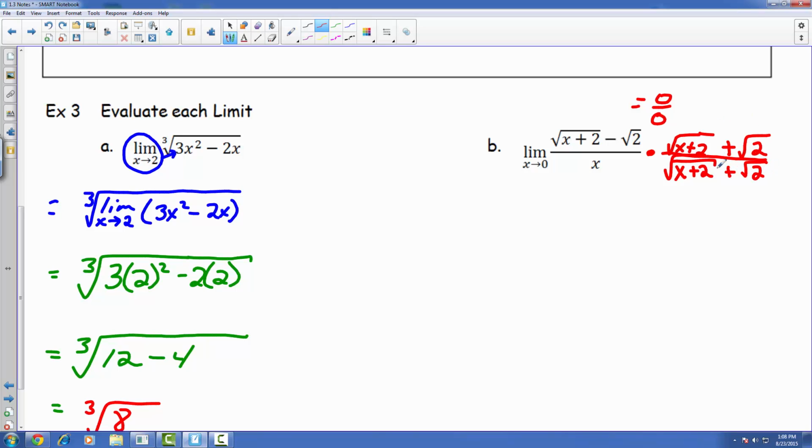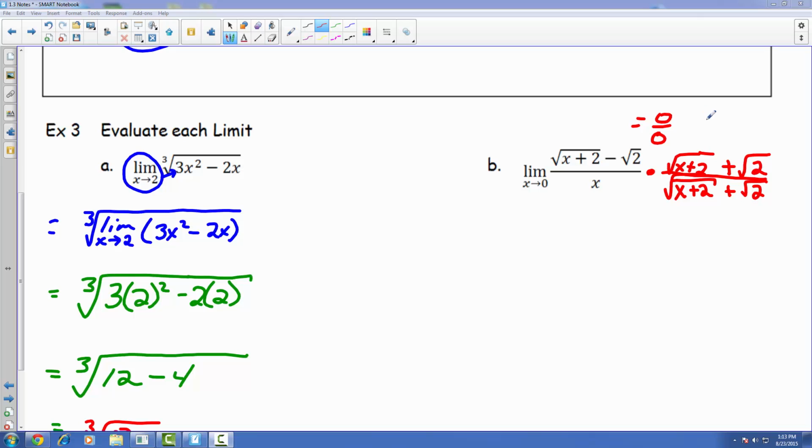Now I'd like to talk a moment about what this means. Essentially, we are taking this original function, multiplying it by, really, anything divided by itself is just 1. So we're not actually changing this original function, we're just multiplying it by that fancy form of 1. If you've had me in the past, you know that I've referenced that term foo, and that's essentially all that we're doing here, multiplying it by that fancy form of 1. Now when we do that,